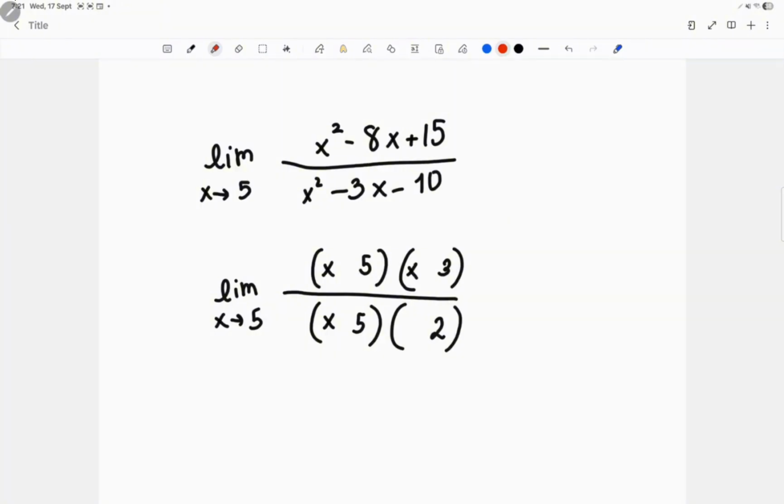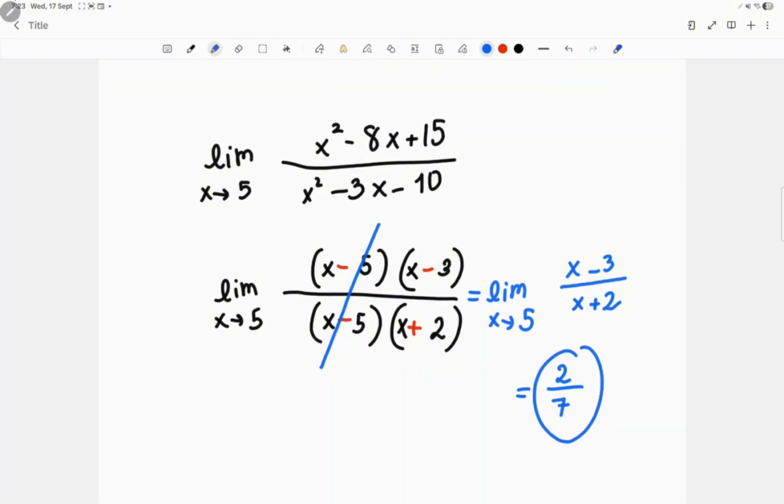Okay, so the top one is what? Positive, negative, negative, thank you. And the bottom one? Negative, positive, thank you so much. Alright guys, so look. Let's cancel these guys. So we get the limit of x approaching 5, x minus 3 over x plus 2. Then you do 5 minus 3, then 5 plus 2, 2 over 7. And by the way, now we removed